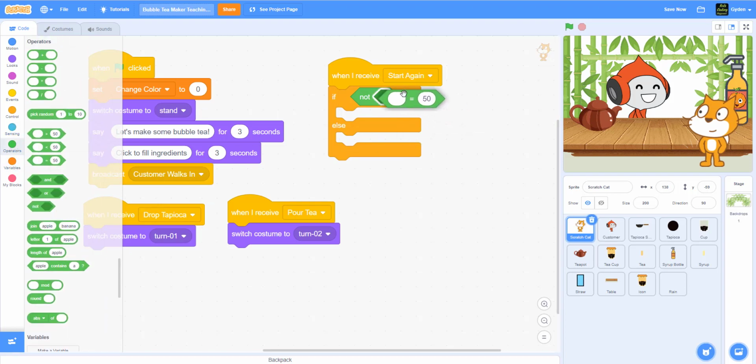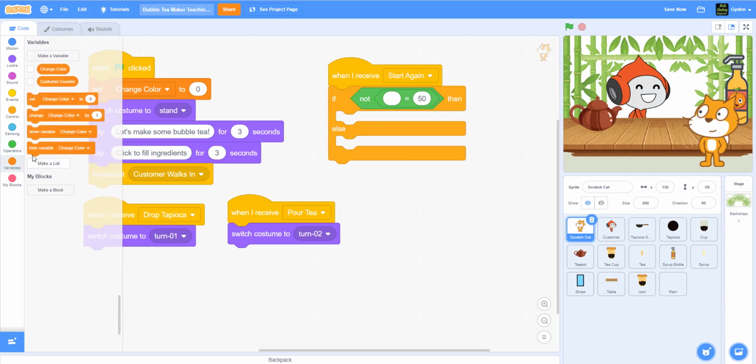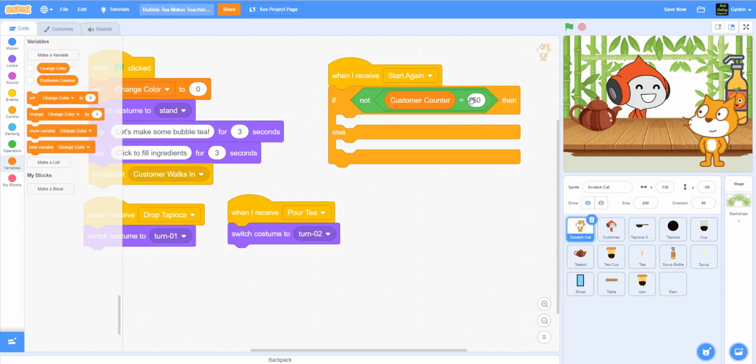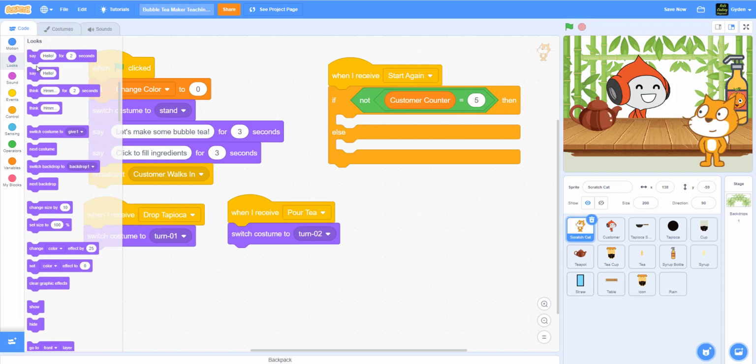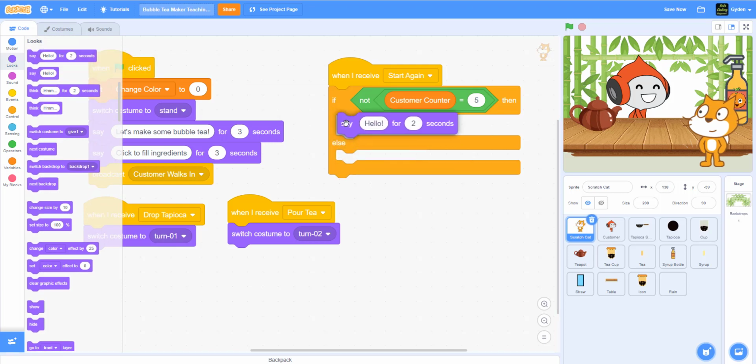So we're going to say equal, customer counter equal to 5. So number 5 will be the last customer. So if it's not equal to 5, we're going to say next for 1 second, so that he'll call the customer. And we're gonna change the